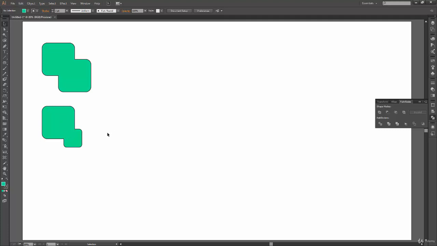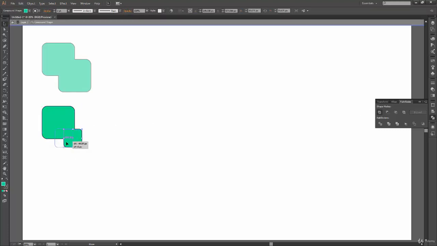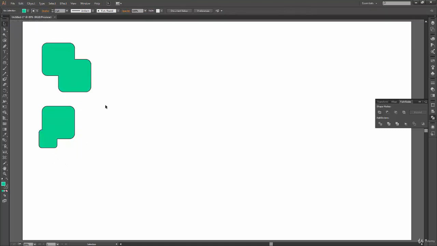press Alt and click on that icon, and you will have your shapes as separate shapes. So later on you can modify it somewhat like this, according to your design. And once you are very sure that this design is not going to change anymore, you can click on Expand over here. When you click on Expand, it will delete all that compound path information, and now your second shape is the same as the first one, where we just clicked and created the shape. So I hope that is clear to you.